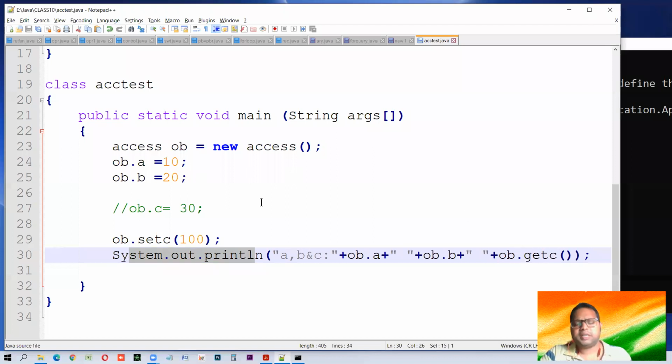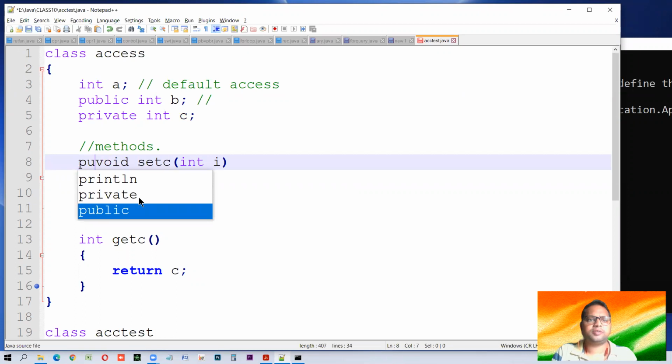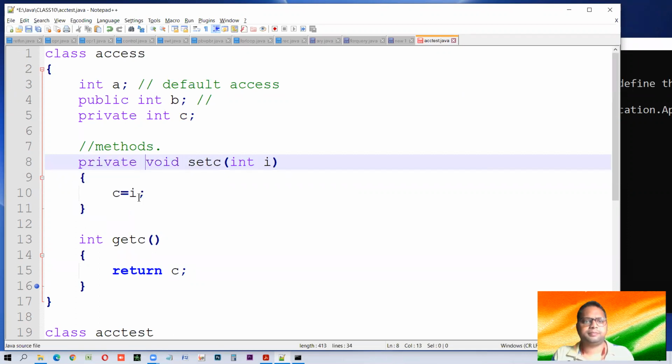So with this simple example, what we have to understand is that if we have defined any method or any member public, then we can access it from another class, but if it is private, then we cannot access it. So to test it, let us also define it private void.